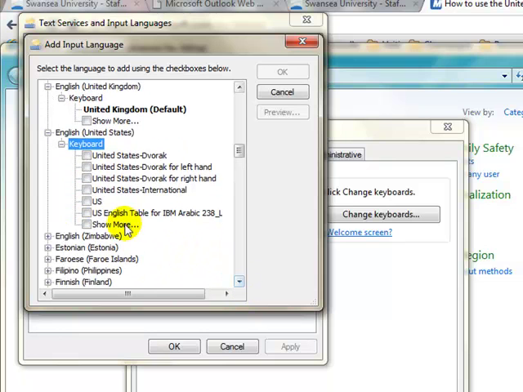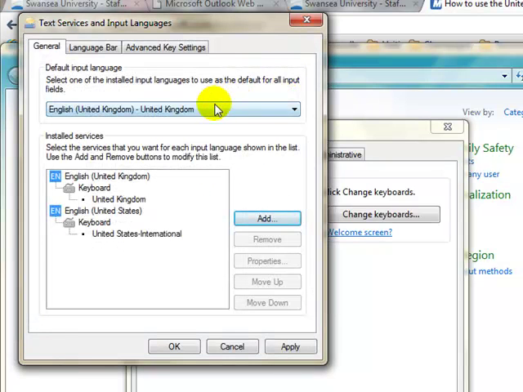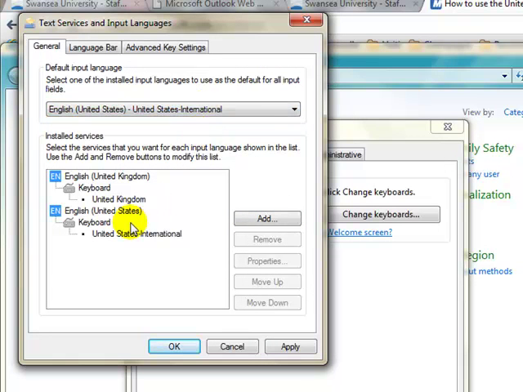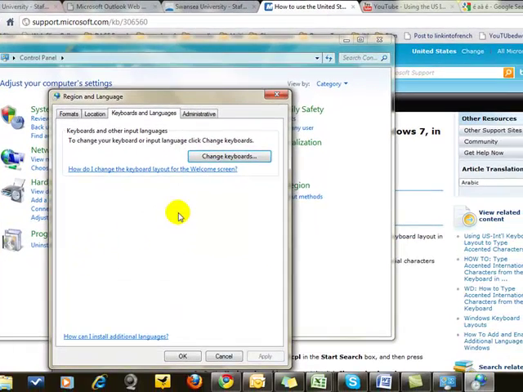Fold the keyboard menu out and add the US International, United States International. There you go, press OK. Now that you've done that, in the default input language, click on United States, and this you can move it up, apply it, click OK, and what you'll find is that you now have